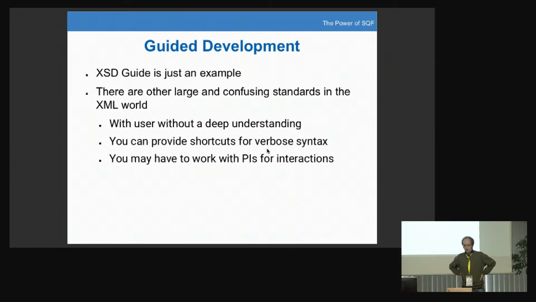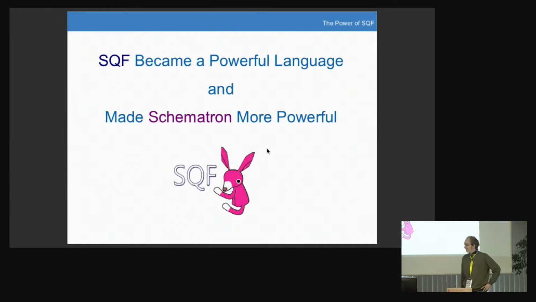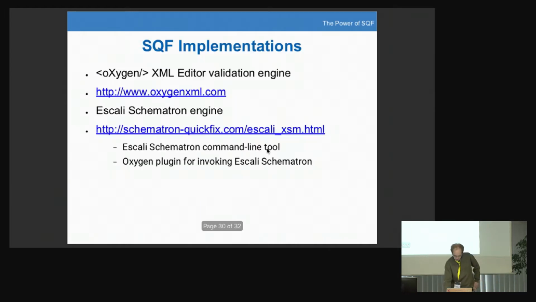We wanted to find out what's possible, and we wanted to show it now. It's everything done with Schematron, Schematron Quick Fix, and XSLT for the complex stuff. That's our conclusion: Schematron Quick Fix became a powerful language, and it makes Schematron more powerful. And the last page is